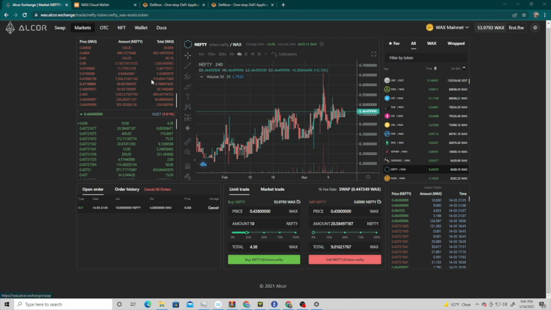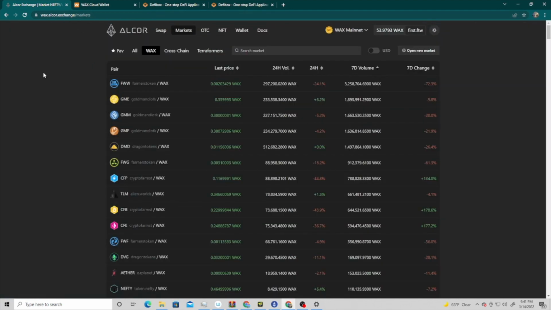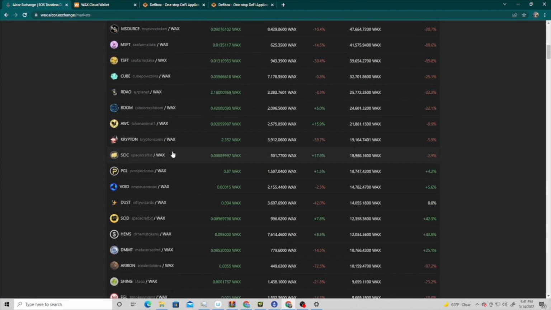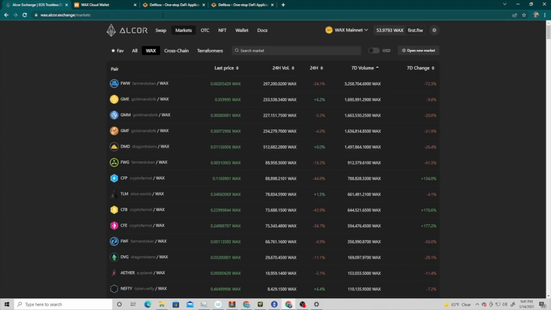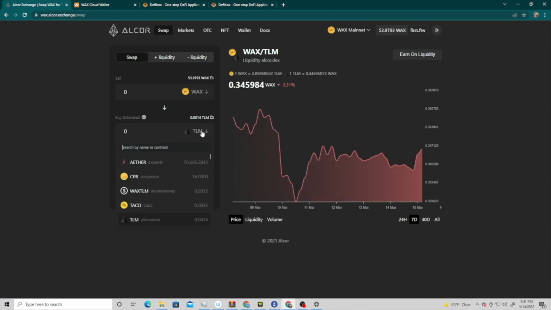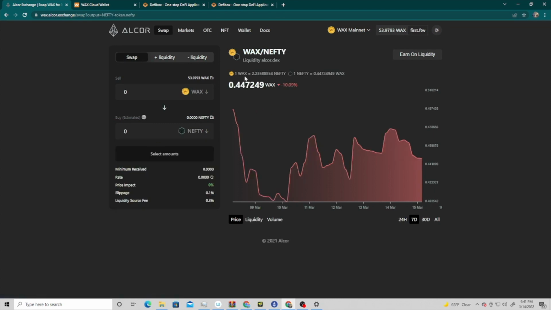So on this Alcor Swap, you end up with this interesting network of different marketplaces where you can sell and buy different cryptocurrencies using limit orders or market orders. At the top, there's also this swap. So this swap makes it even more simple where you could trade. Let's go back to Nefty. So here I can see my Nefty tokens. I could just say 10 Wax. I would immediately get 22 Nefty tokens if I hit swap, which if I go back to the Nefty market,